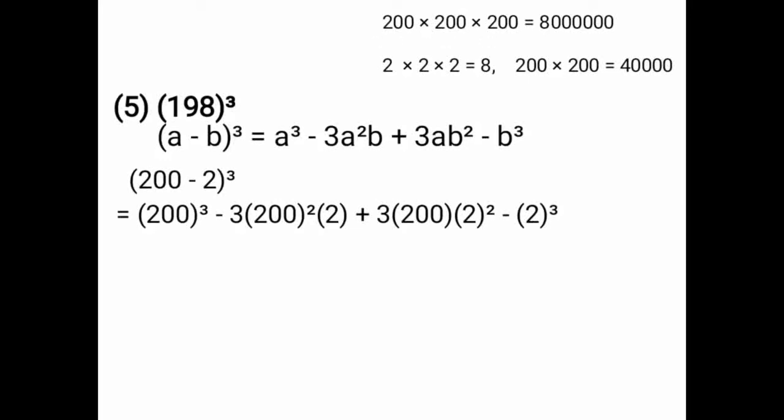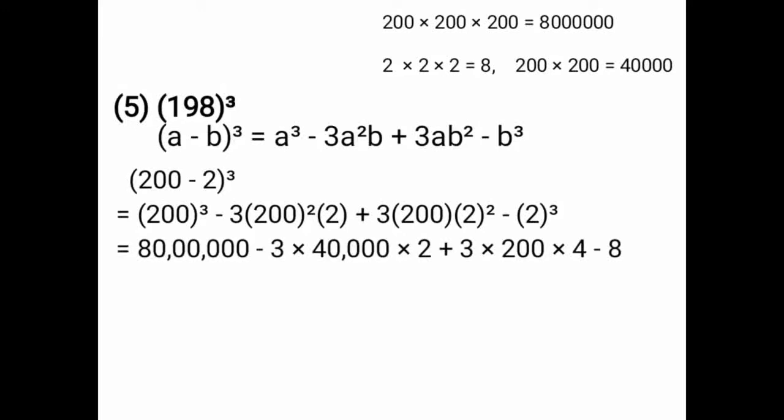Then in minus b cube, minus 2 cube is there. Cube of 2 is 8. Now I have already solved the a cube part and the minus b cube part. Now minus 3a square b plus 3ab square, write in multiplication form. The a cube part and minus b cube part are solved here, so write that answer in the next step.